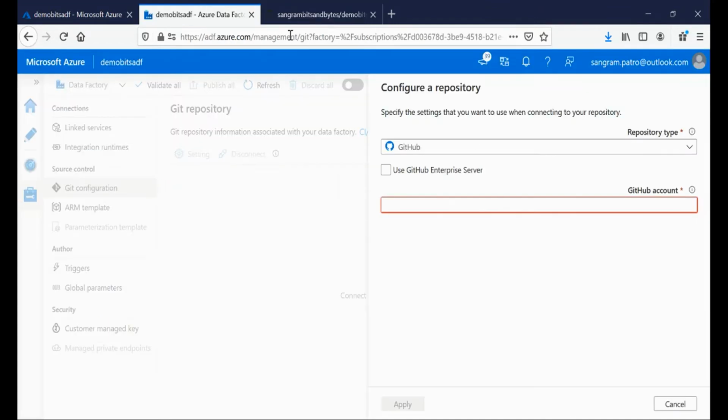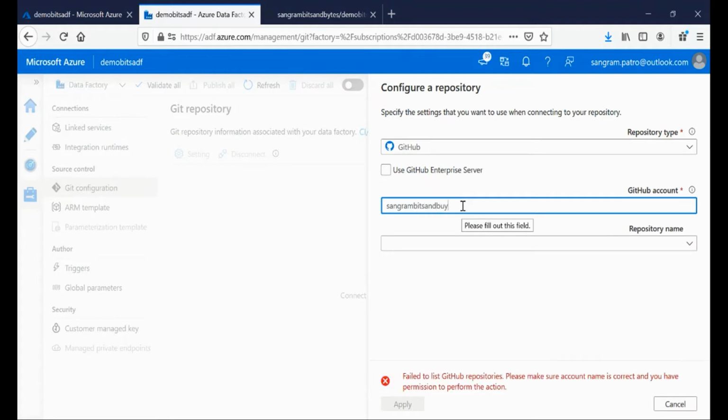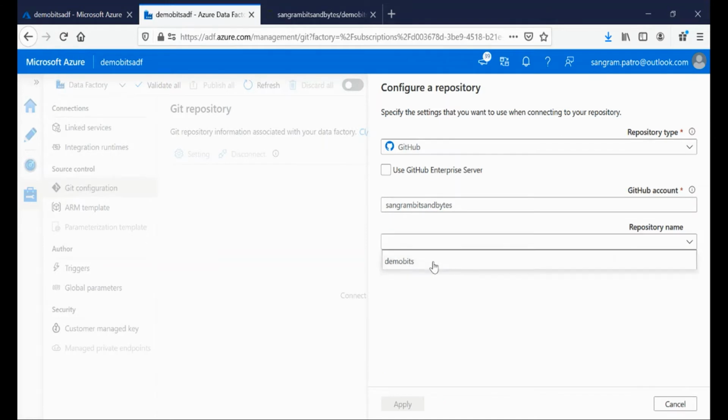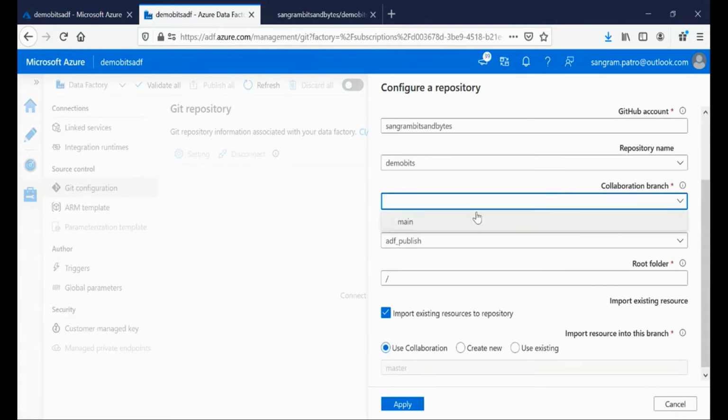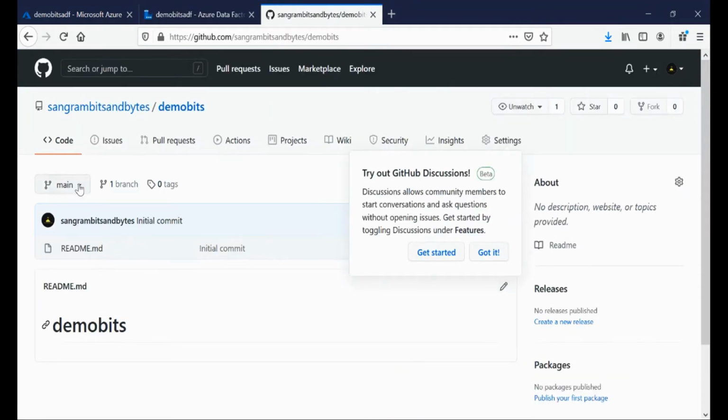Now let's go back to the data factory and choose the name of our account, followed by repository selection. This is the one which we just created, and the collaboration branch would be main, which is nothing but the branch which is here in GitHub.